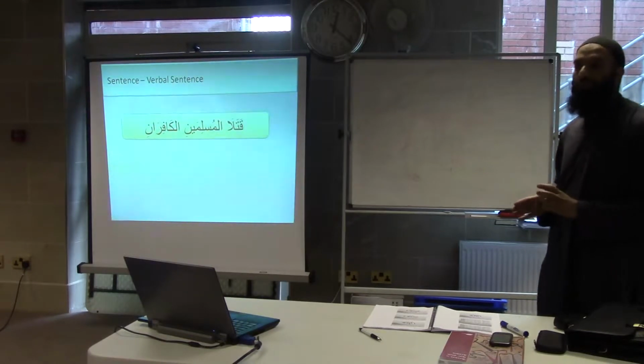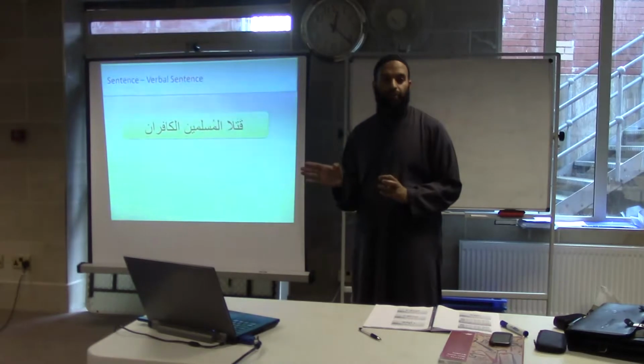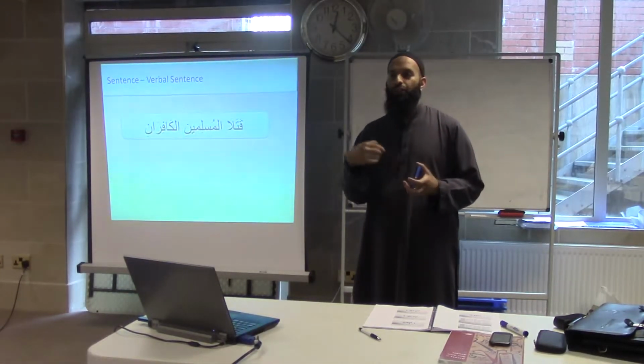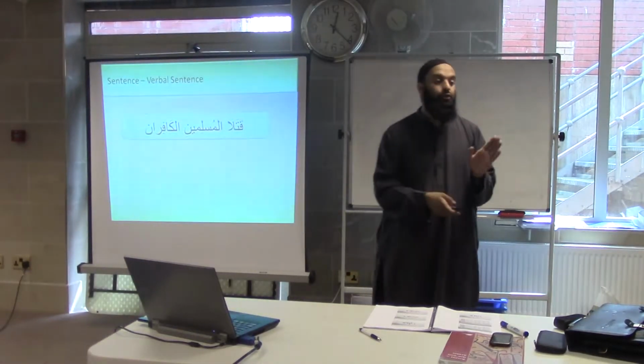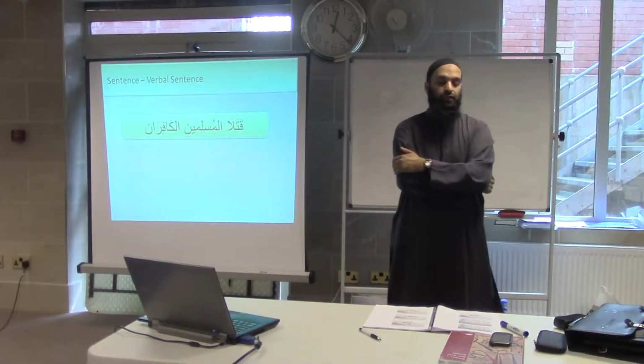Okay, so the main thing to remember is, you see a verb, look for the marfu, that is doing the verb. If you can't find the marfu, then the marfu is not mentioned, look at the mansub, and that's the thing the verb is being done to. Okay? That's the only grammar rule you need to know. The doer is always marfu, that's it. That's all you need to know. Okay?